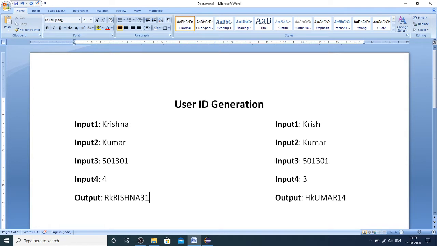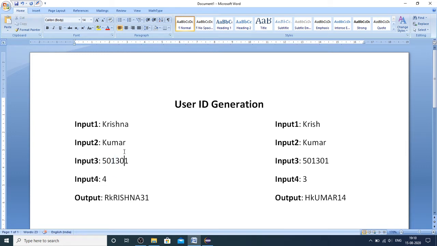As I mentioned, first I have to pick the very last letter of the smaller name, so that is small r, and next I have to concatenate the whole word of the larger name, which is Krishna, and then I need to concatenate the digit at position n in the pin code. So here the position is 4. So in this pin code from left to right, what is the fourth digit? It is 3. And from right to left, what is the fourth digit? It is 1.